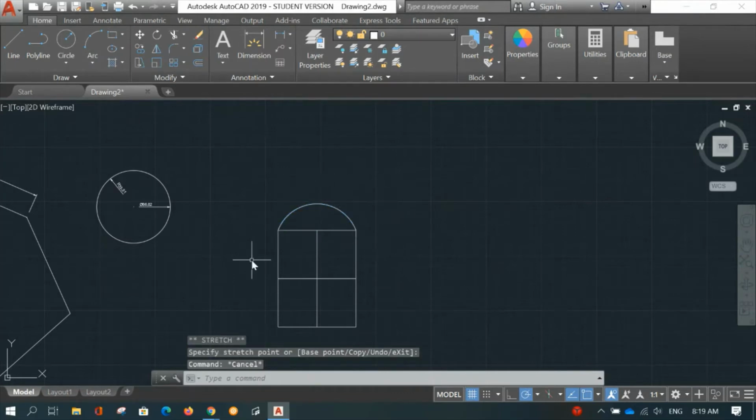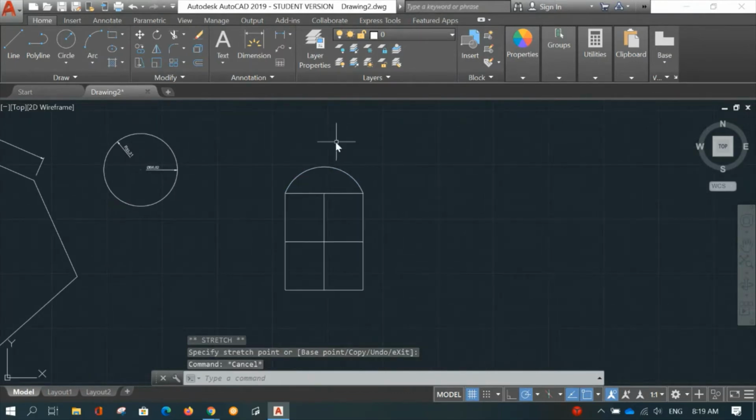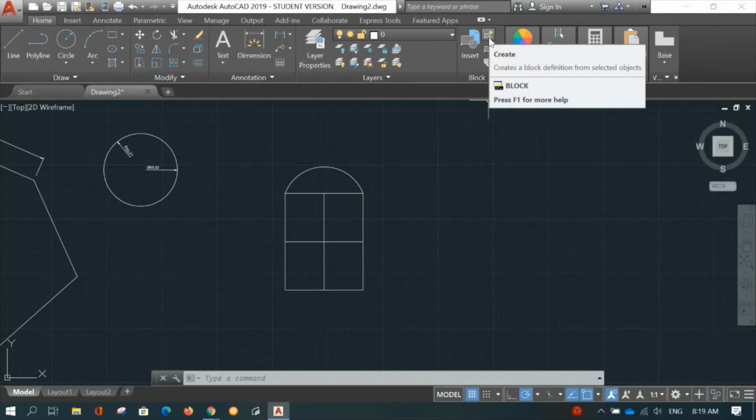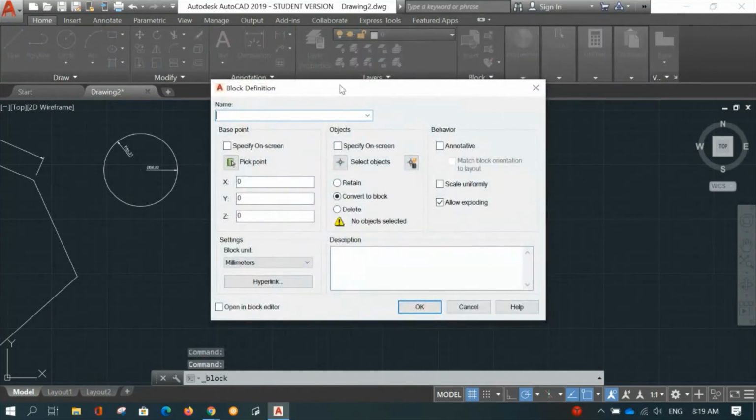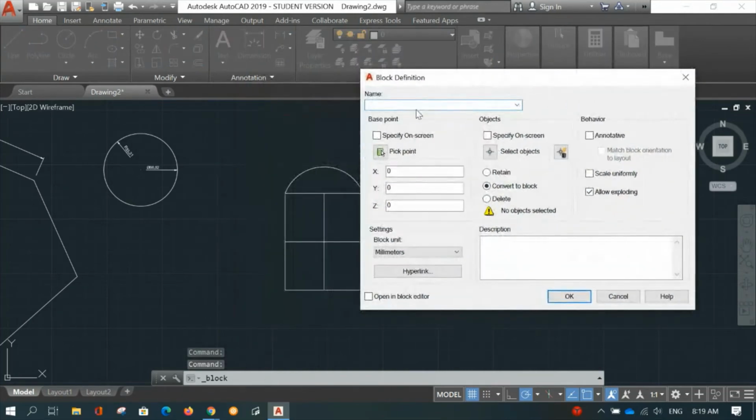So let's say we have this simple window here, and then we want to make it repeated. We're going to use it repeatedly in the design. So what can you do? We can create this as a block. To create the block, you can click on create block here, and then the block definition will appear. First thing, just name the block you're going to do. Let's say window